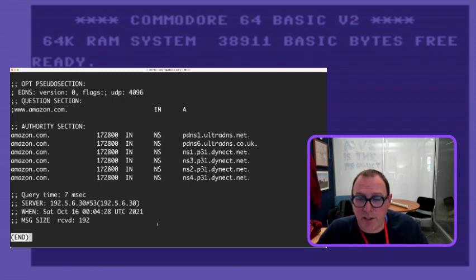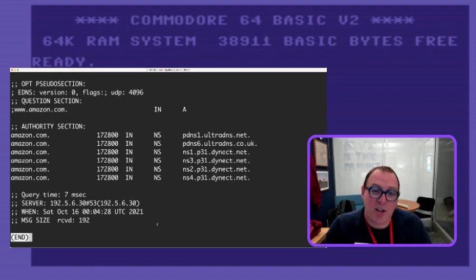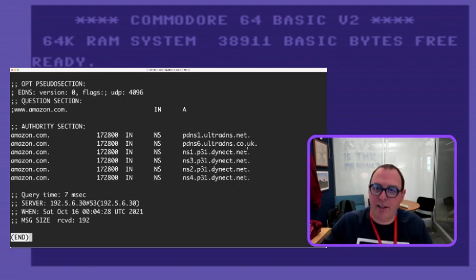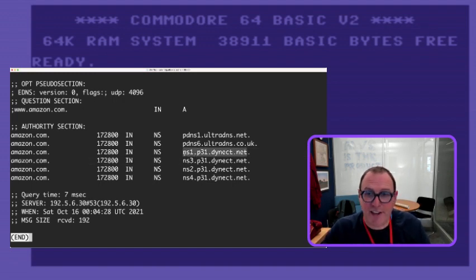So at this point, what your recursive resolver is going to do, it's going to pause everything, right? And this is why it's called a recursive resolver, right? This is when the recursion kicks in, is it's going to have to resolve one of these name servers to then figure out what to do next, right? So if we pick one at random, I'm just going to pick the first Dyn one, right? We're going to have to now do everything we just did for www.amazon.com, but now to resolve that name server, right? We're going to have to go back to the root zone, and it's going to tell me, well, I don't know what